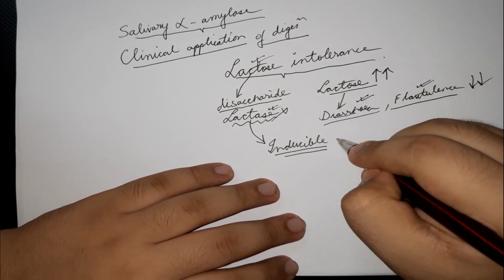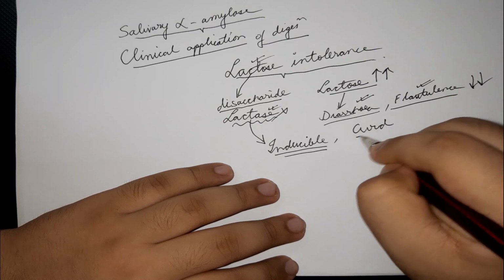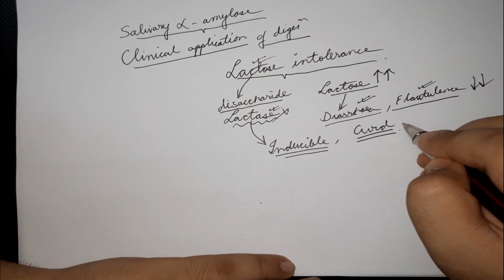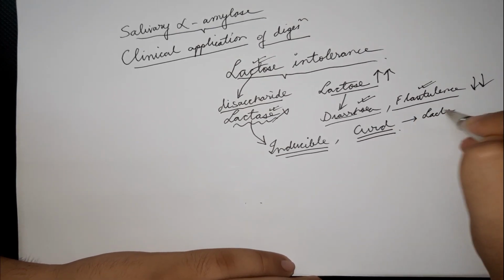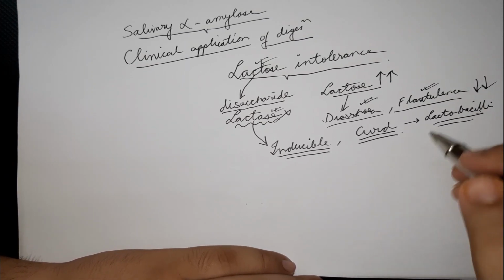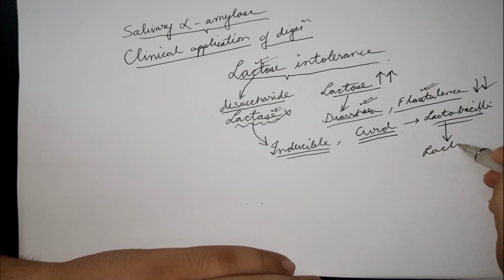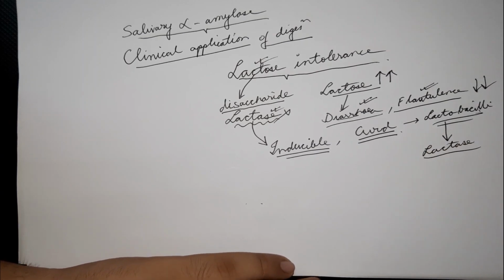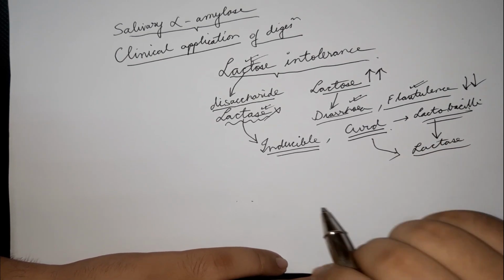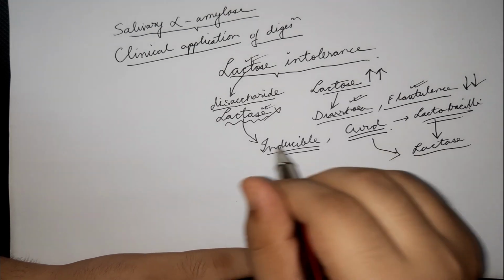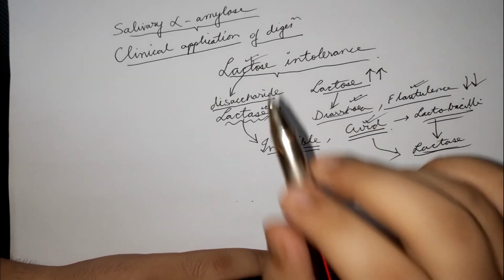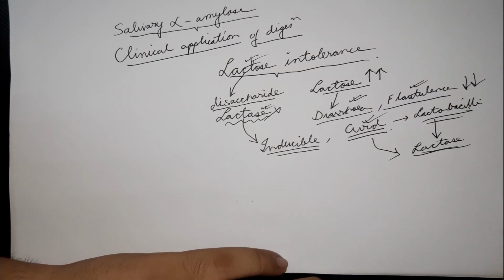And we can also start consuming curd. Instead of milk, we start consuming curd, and the reason for that is that curd has a lot of lactobacilli. It has a lot of these bacteria which actually have lactase enzyme. So curd has ready-made lactase in it. So we do not need to go through the pain of having lactase in our body itself to ferment curd. Curd itself has it. So patients with lactose intolerance can in fact have curd.